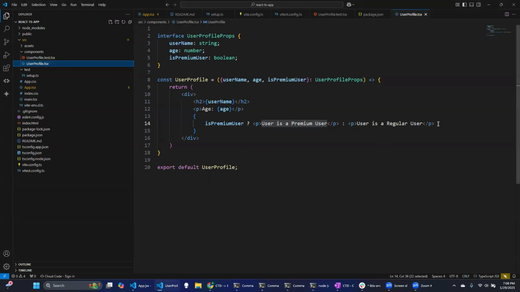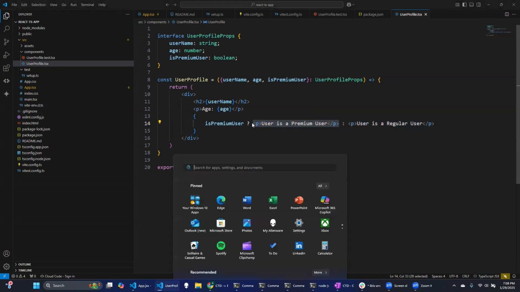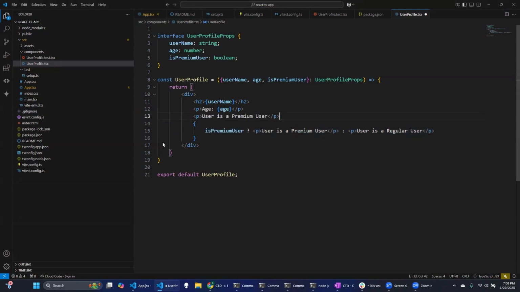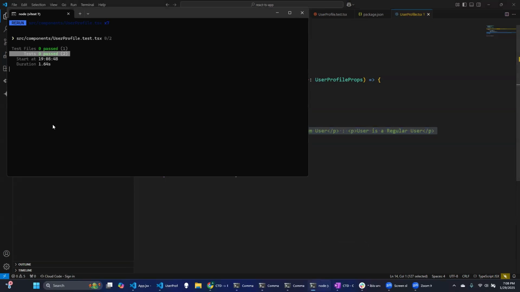and then make them fail. So let's take this out for now. And let's say I write my code first and then make my test cases pass. So I implement